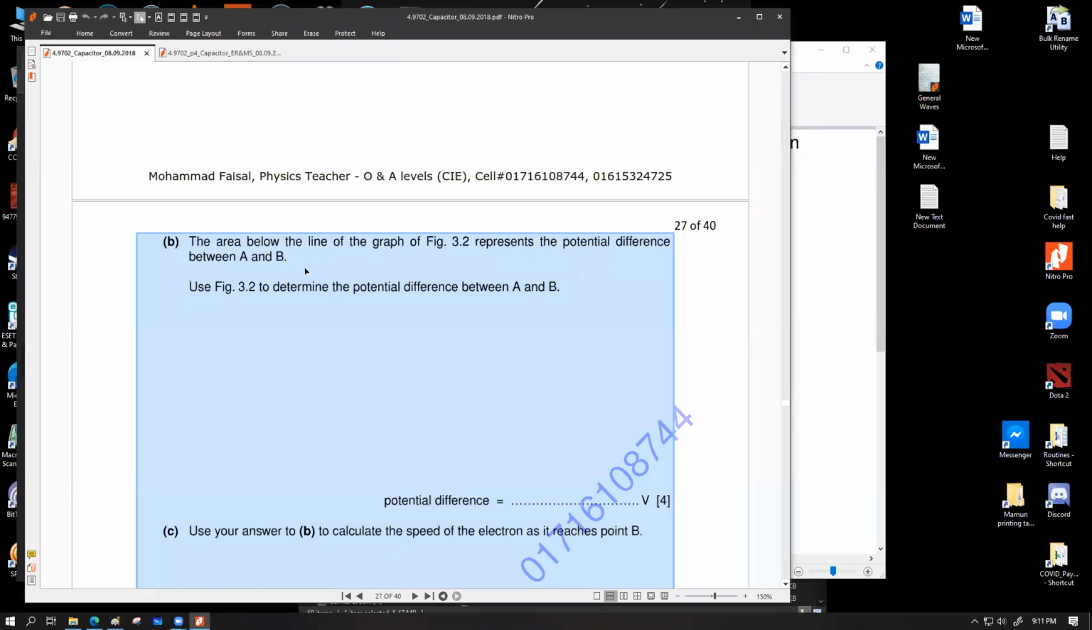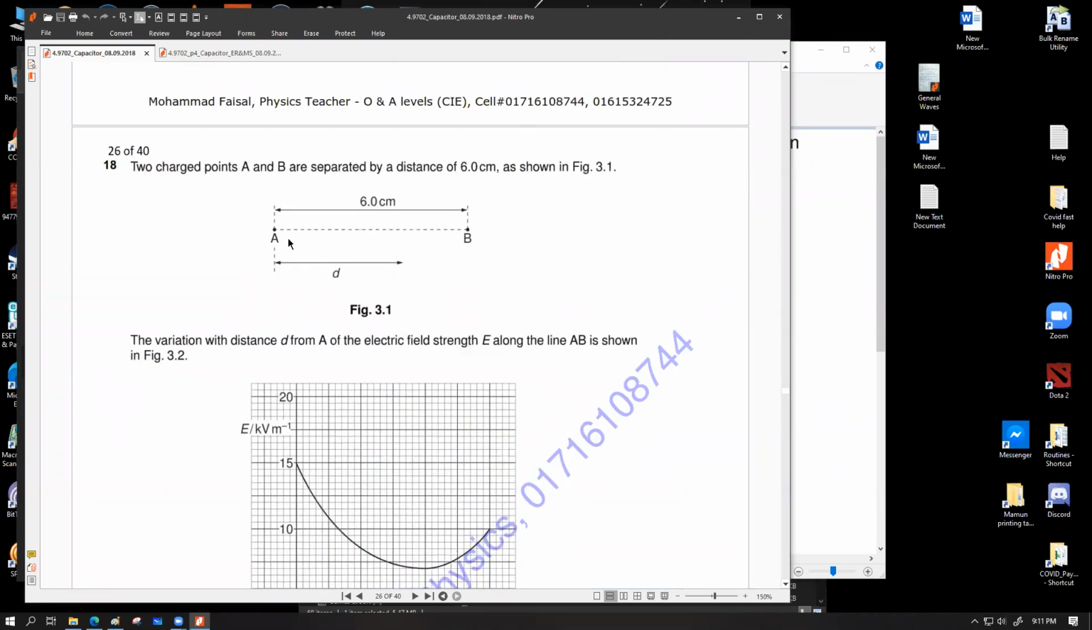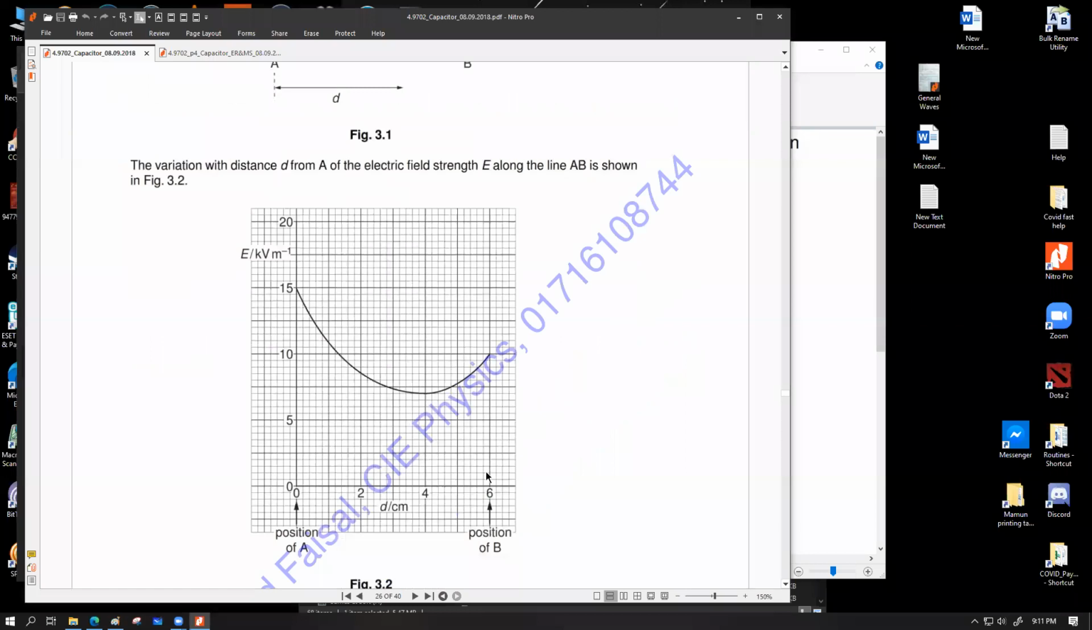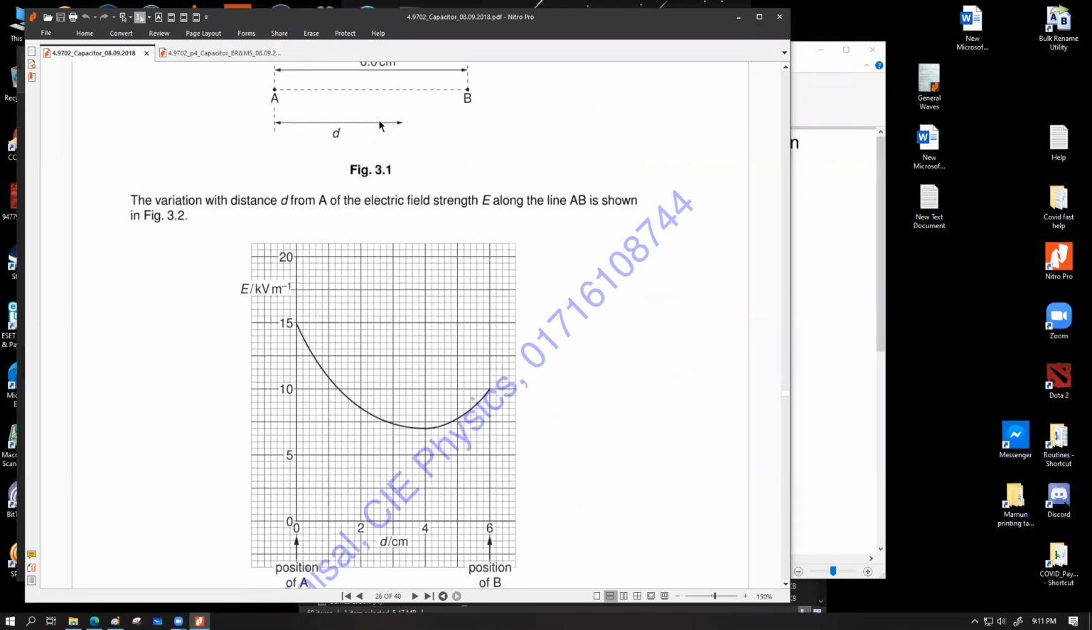The area below the line of the graph in figure 3.2 represents the potential difference between A and B. So potential difference between A and B এই লোকেশনের মধ্যে টোটাল potential difference বের করার জন্য এই কার্ভের এরিয়া আন্ডার দ্য গ্রাফ ক্যালকুলেট করতে হবে। এই এরিয়া আন্ডার দ্য গ্রাফটা হচ্ছে এই দুই পয়েন্টের মাঝখানে potential difference এর সমান।